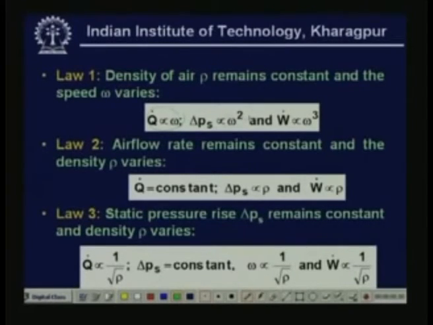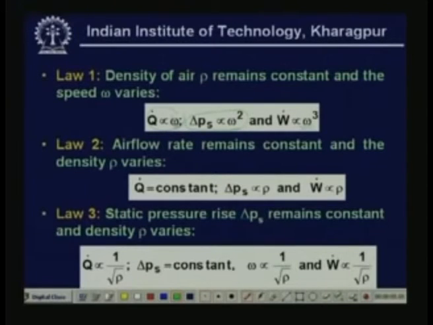Whereas the static pressure rise is proportional to omega square. Why is it proportional to omega square? Static pressure rise is proportional to V square and V is proportional to omega. So, static pressure rise is proportional to omega square and the power input is proportional to omega cube. Remember that omega is the rotational speed, revolutions per second or revolutions per minute or even radians per second. So, the power input is proportional to cube of rotative speed, whereas the static pressure rise is proportional to square of rotative speed, and directly proportional as far as the air flow rate is concerned. So, this is valid for constant air density, right.